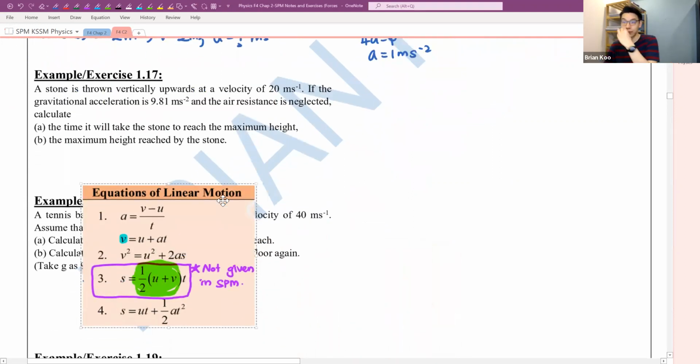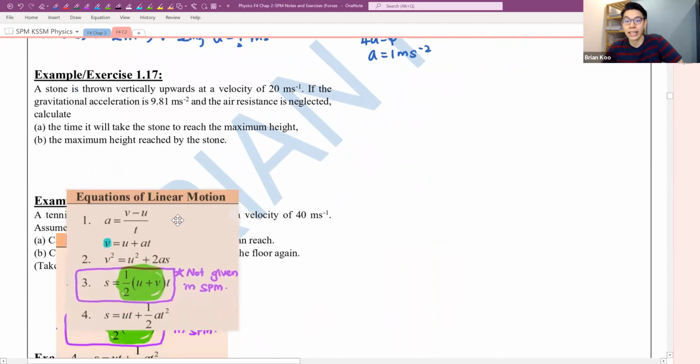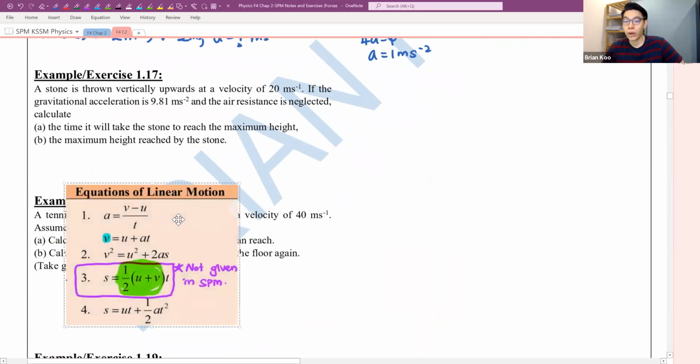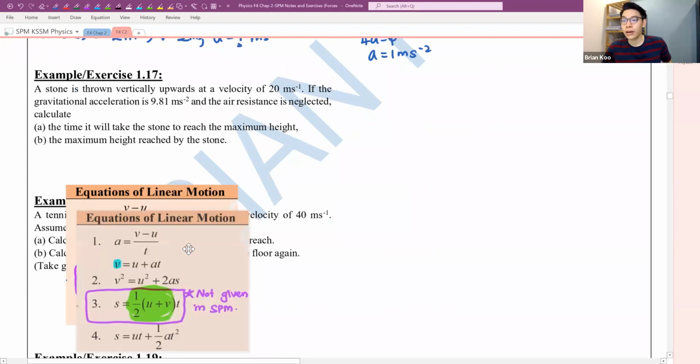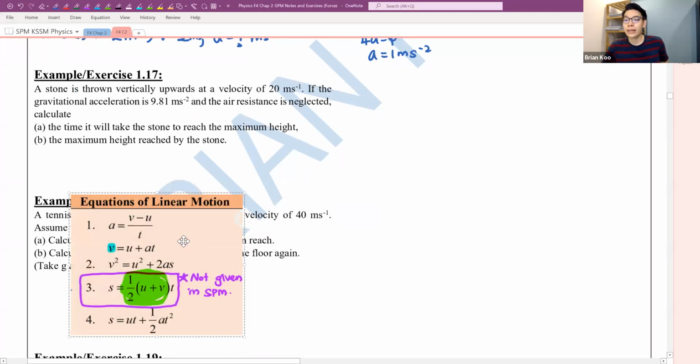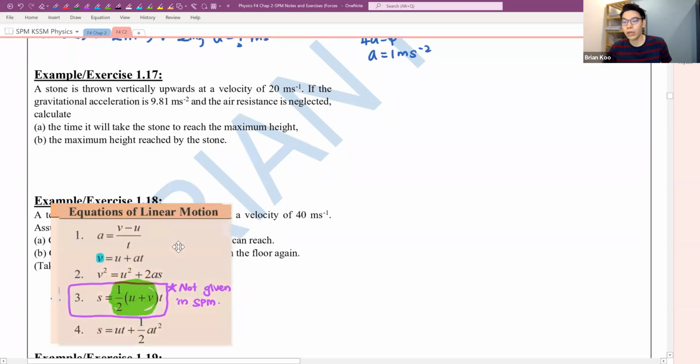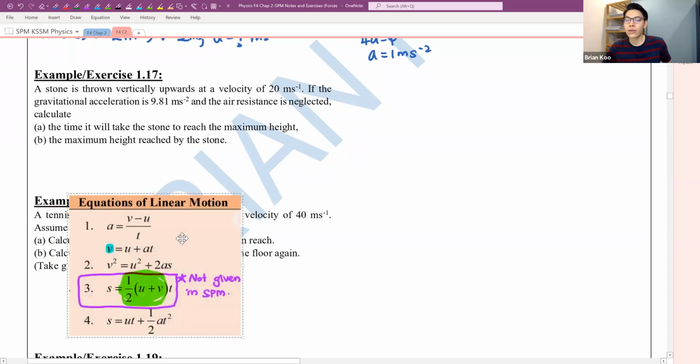1.17, 1.8, right? These are questions that you will see again in 2.3, okay? 2.3, freefall motion. But I want to discuss this because it's a bit related also. So now it's just to give you a glimpse of 2.3. We are going to do this a bit again, but it's similar. So to those of you who are going to cover 2.3 in your exams as well, this one is a